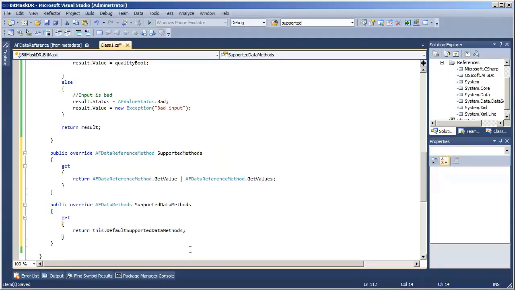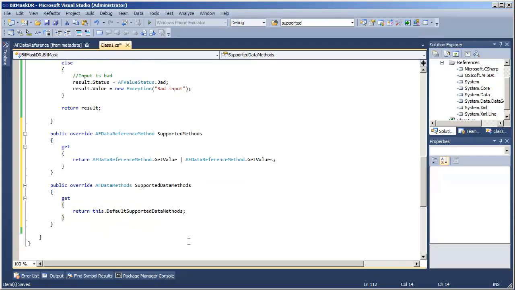Again, really the reason we wouldn't be fine using a base implementation is if we were making a data reference that points at an external system that's pretty much as smart as a PyServer. A PyServer knows how to do a lot of summaries itself, so in the PyPoint data reference, they don't use the base implementation here. They would let the PyServer do those summaries. But really, for the normal case here in data references where we're responding to inputs, we're just going to use this base. So we've got those supported methods taken care of.